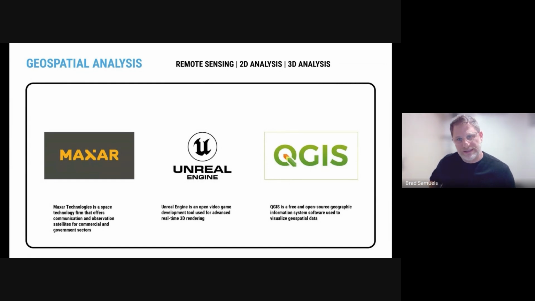Geospatial analysis. So we'll talk both about 2-dimensional and 3-dimensional geospatial tools here. Maxar is one of the many service providers of satellite imagery that can be really useful. They've got really good breadth, sort of wide range of temporal and spatial resolution. So that means,